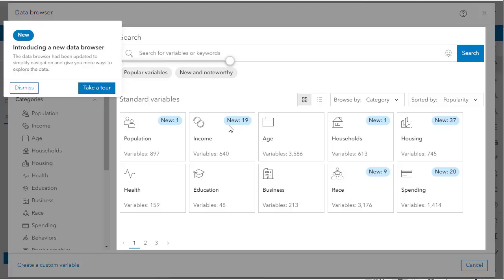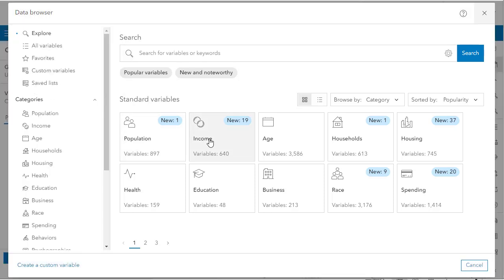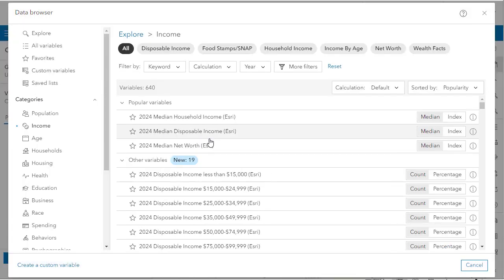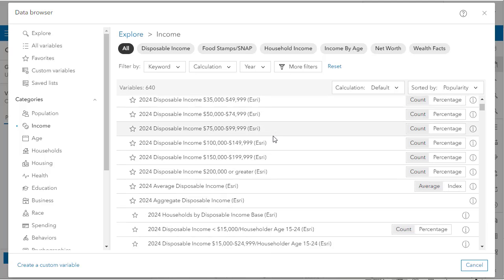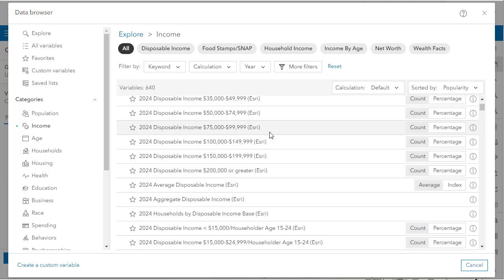You can browse all variables, as I'm doing right here. And there's a new data browser, so you can take a tour of that if you want to. I'm going to go ahead and look at income. Just in income alone, you've got hundreds of variables at your fingertips. This is amazing. That's one of the best things, I feel, about Business Analyst Web. It has so much data available, not just for income and